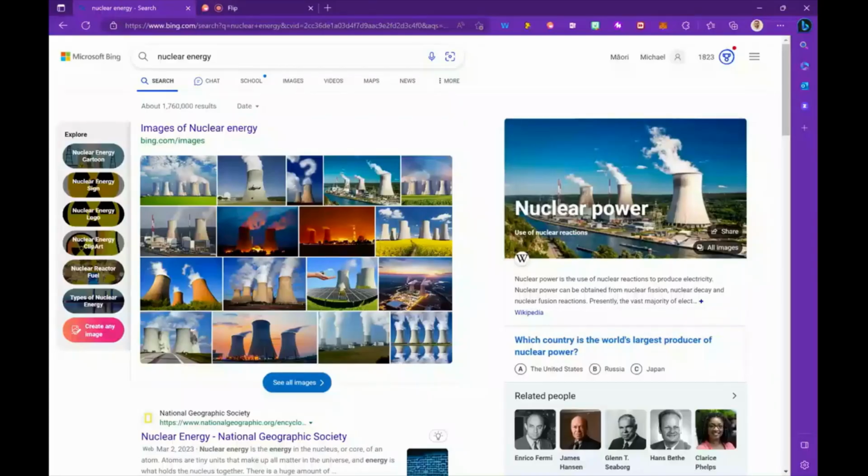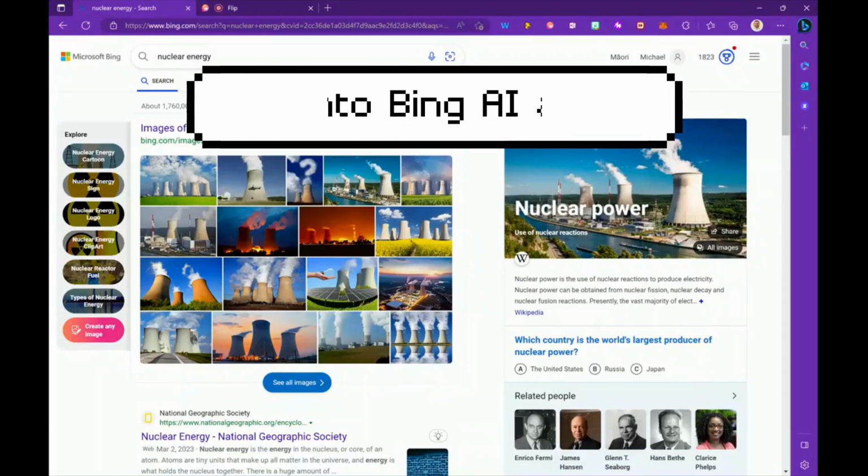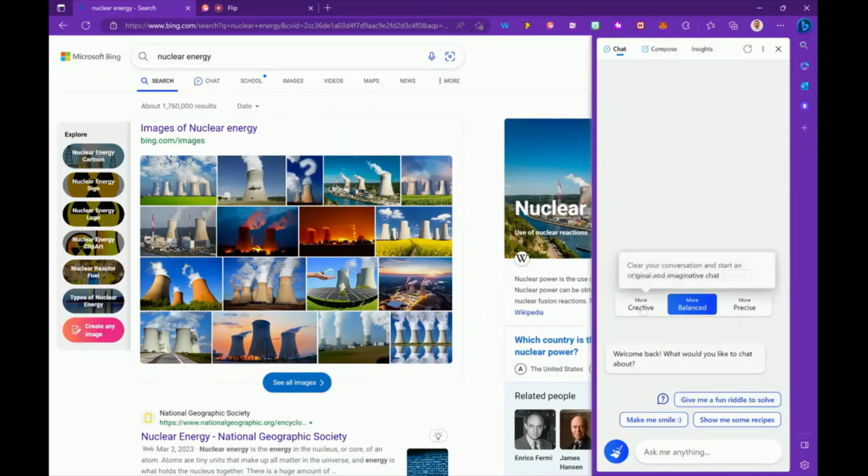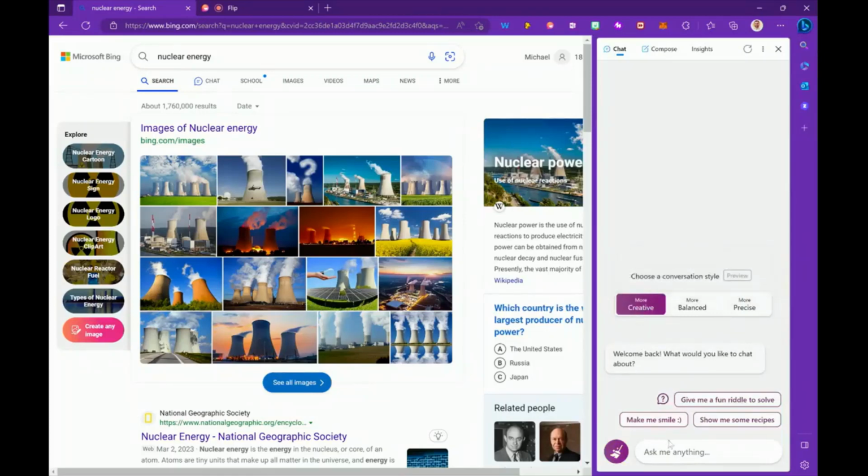So one way our students can use ChatGPT to develop their critical thinking skills, and especially their persuasive scientific writing skills, is the idea of opposing viewpoints on a particular topic. So here I've chosen the topic of nuclear power and nuclear energy. Okay, so using the add-in for Bing on the Microsoft Edge browser, we move to the more creative functionality, and